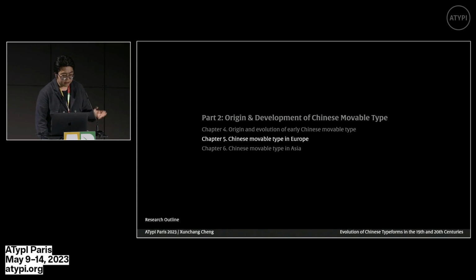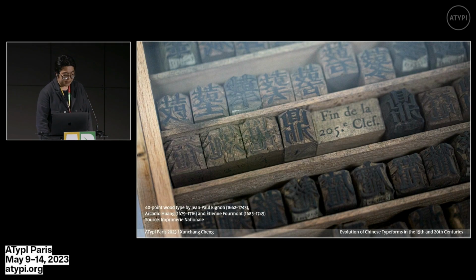And next is the Chinese mobile type in Europe. Many of you were at the Imprimerie Nationale 2 days ago, and I think you may remember the Chinese wood types they have there. This is the first Chinese mobile wood type font made in Europe, Fournier's 40-point Chinese font. This project started in 1715 and lasted until the 1740s. It was mainly